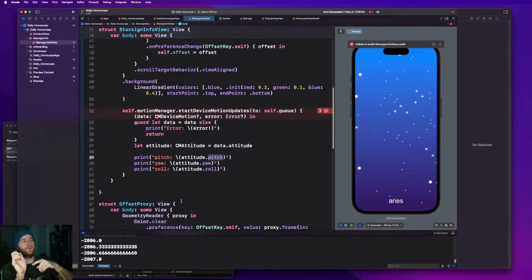When you tip it forward and backwards, or rotate and go sideways, the values won't go up and down in the new view. They'll go like this, like there. So you need to detect when the phone is flipped, and I had a lot of trouble